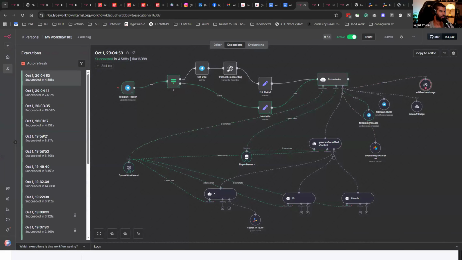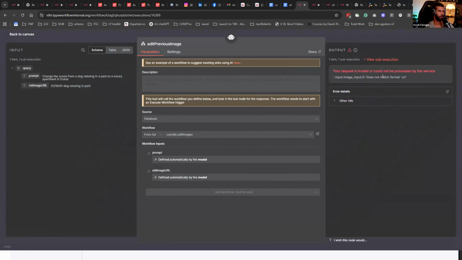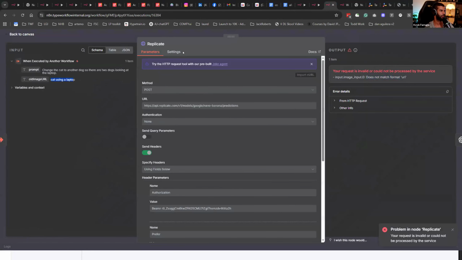Okay, edit previous image. Does not match format URI. Okay. If we look here,